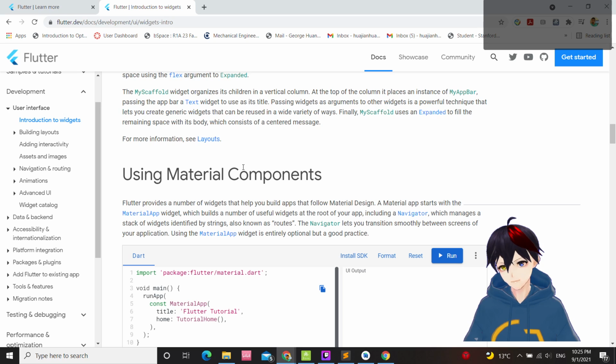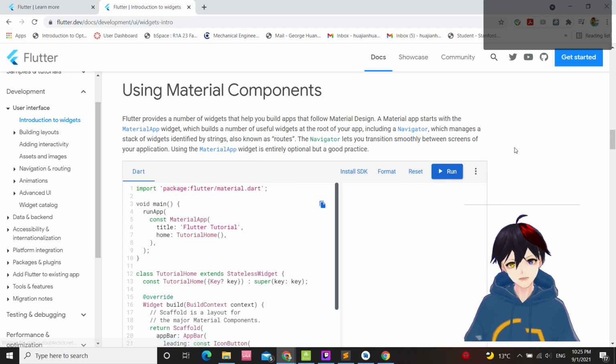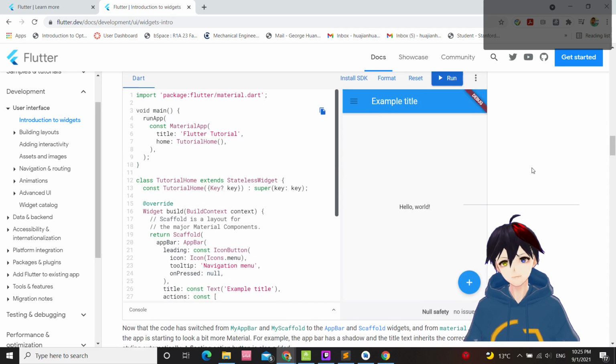Okay, let's jump to Material components. Let's run it first. Material app starts with the MaterialApp widget, which has a number of useful widgets, including Navigator, that lets you transition smoothly between screens of your application.